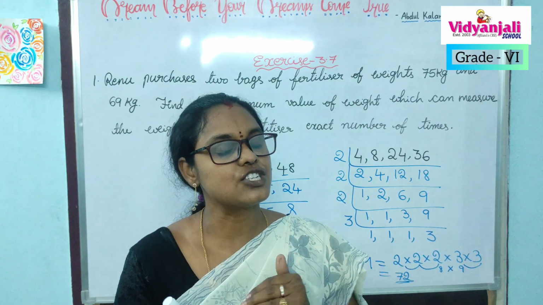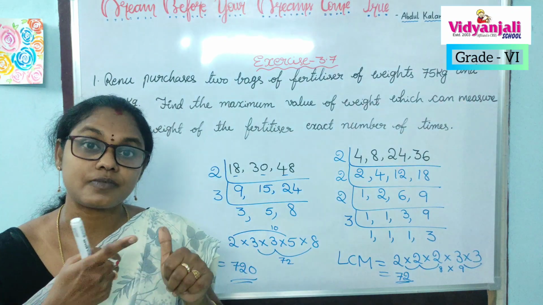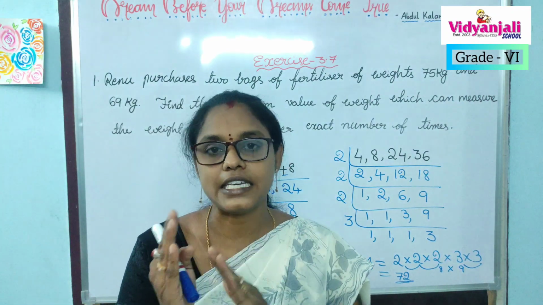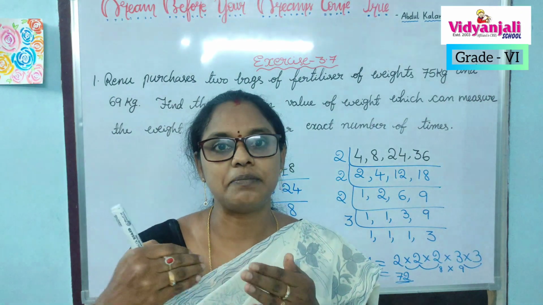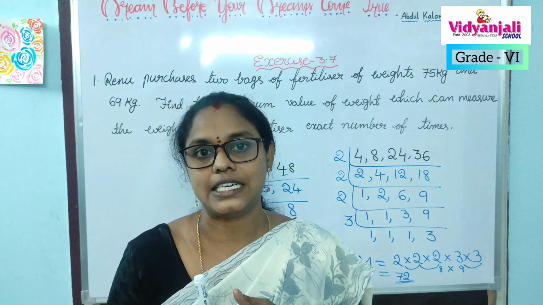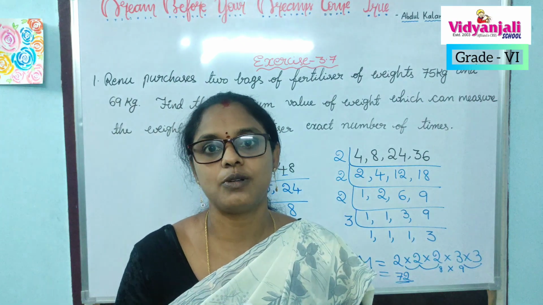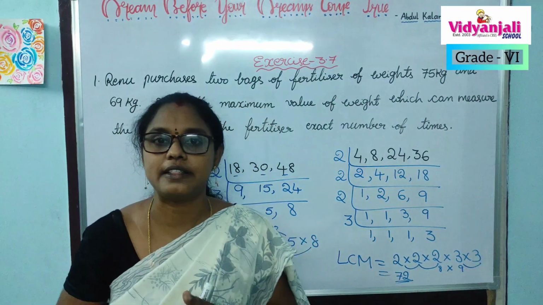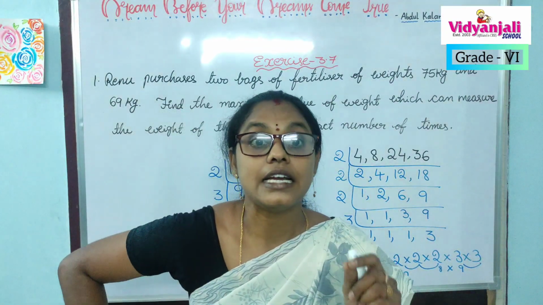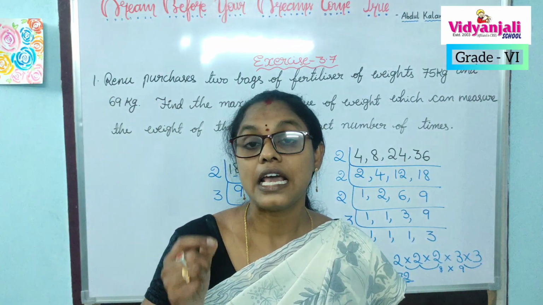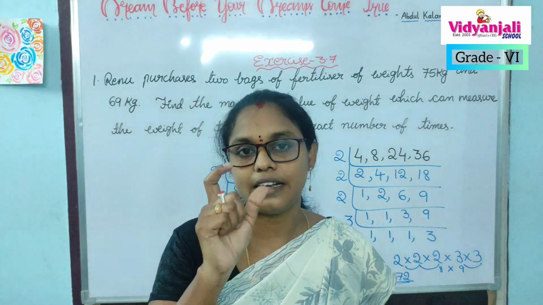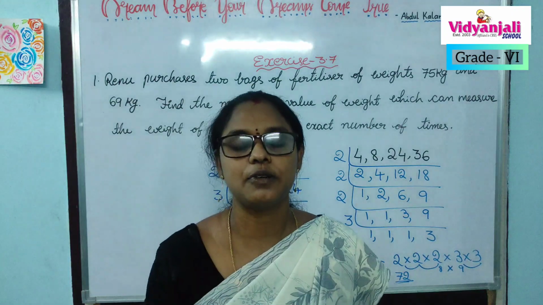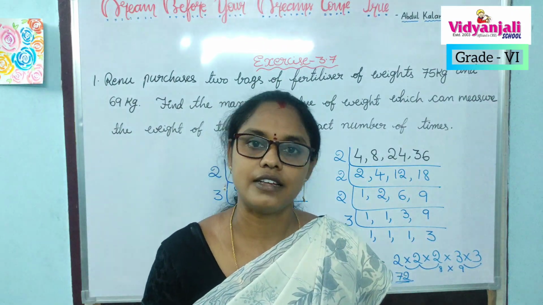Then in which cases do we have to do LCM? Least, smallest, lowest. When we see these kinds of words similar to least, in such problems we have to find the LCM. And then some special problems will be there. There we can see the words divisible by or exactly divisible by. When we find special terms like exactly divisible by or divisible by, in such cases we have to find LCM.